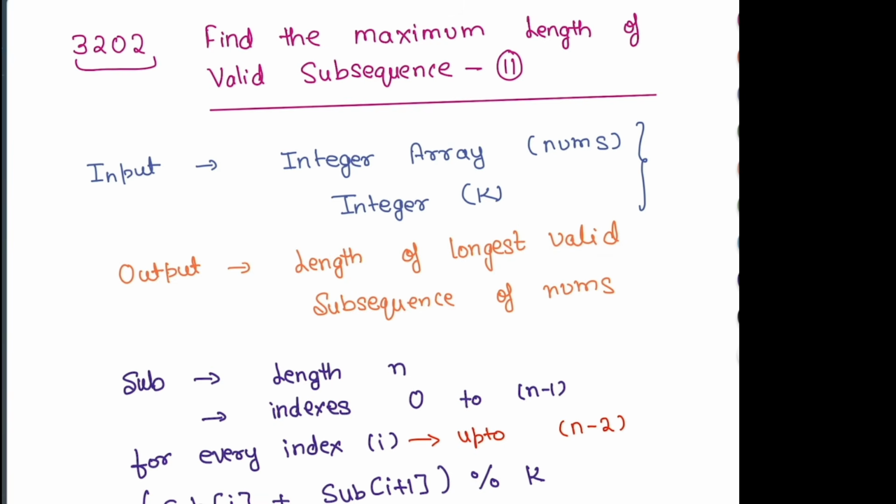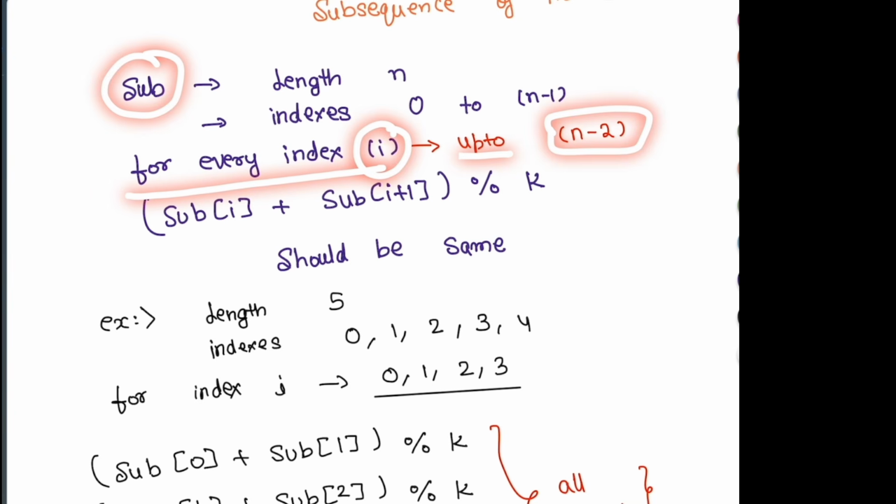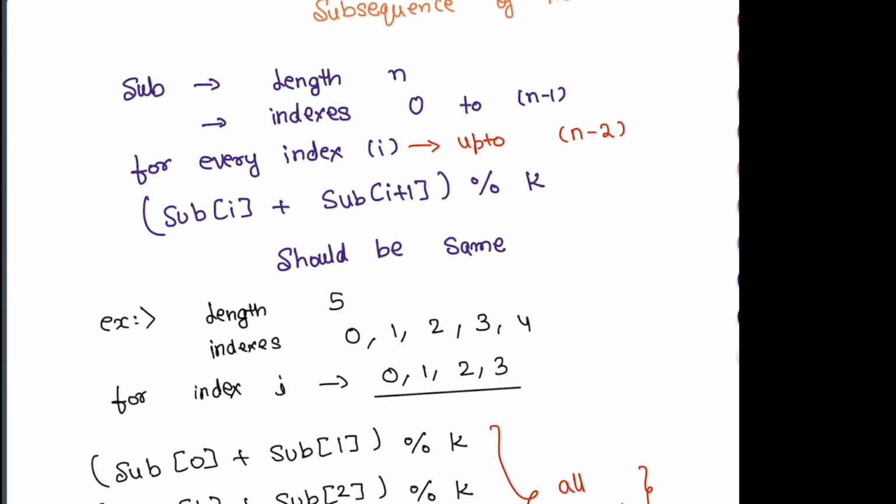Now for this particular problem, what is a subsequence which you can call valid? I will be explaining that now. So let us say we have a subsequence sub whose length is n. If the length is n, then the indexes in this subsequence are going to be from 0 to n minus 1, right? This is what happens in an array. So basically a subsequence is also an array, right? Now for every index i in this subsequence up to n minus 2, this particular condition has to be true. The condition is, for every index i, the element in the subsequence at the ith index plus the element at the i plus 1th index, when these two elements are added and taken the mod with the value k,